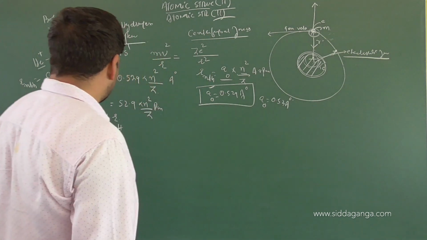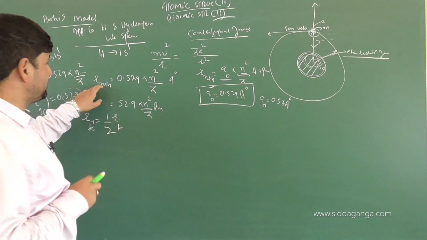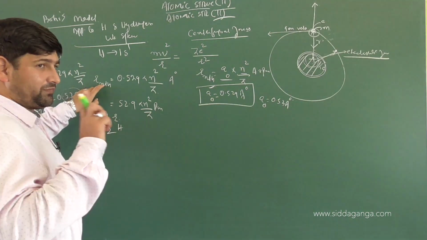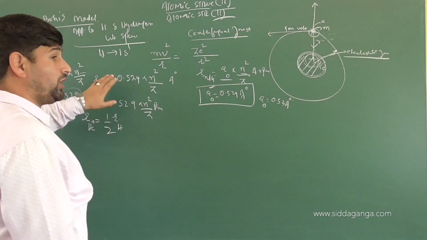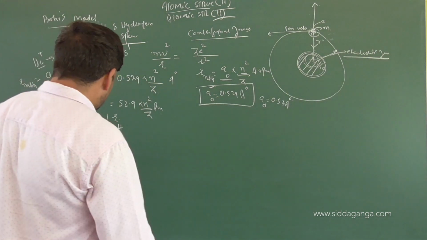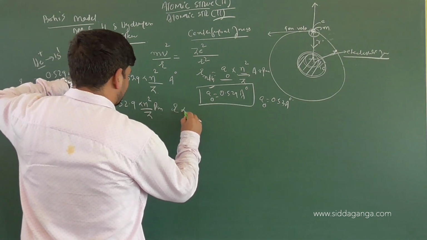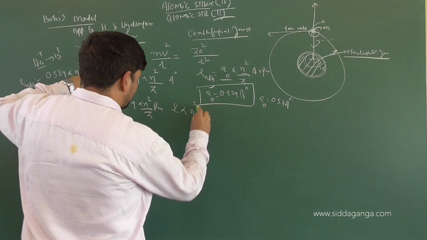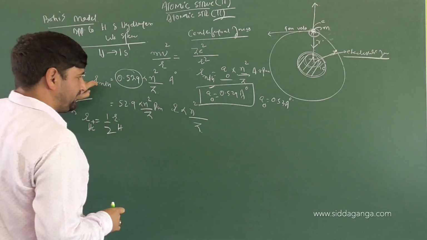So we reach the conclusion here that, according to Bohr's model of an atom and calculations, the radius of the nth orbital of a hydrogen atom equals 0.529 n square by Z angstroms, for hydrogen-like species. So that logically means what? Radius of an atom is directly proportional to n square and inversely proportional to Z, because we know 0.529 is a constant value here, correct?